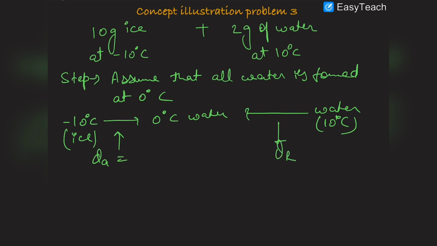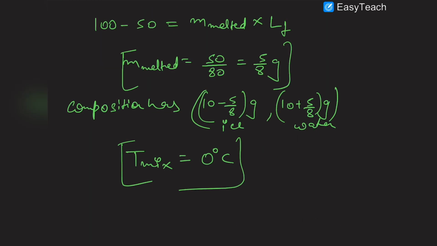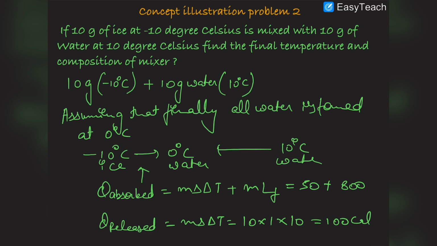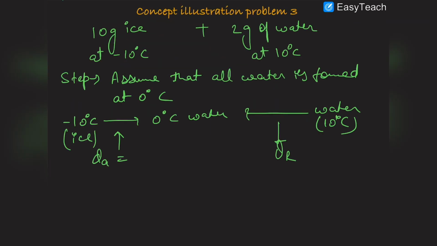The heat absorbed by the ice would be the same, because in the previous question the data was the same. 10 gram of ice was at minus 10 degrees Celsius, so we can directly use that data. It was, I think, 850 calories,